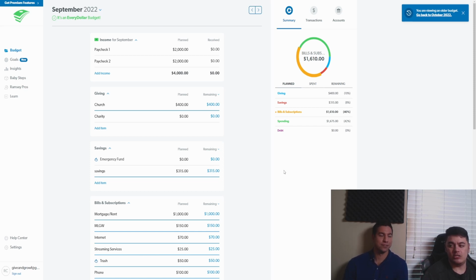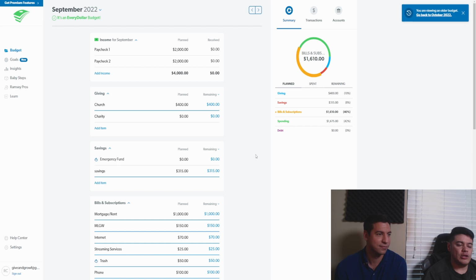But let's just assume that this is your budget right here, and you stuck to this budget for an entire year. So essentially, you would be saving $315 a month, which is like 38, times 12. Roughly $3,800 a year is what you'll be saving, just for putting the numbers in, right? Nice. Mm-hmm. So going back to what he was saying,